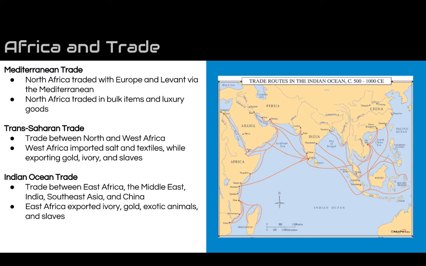In fact, there's a story of a Chinese merchant bringing back a giraffe from India to China as a gift for the Chinese emperor. But that giraffe did not originate in India. It was actually brought to India from trade with East Africa to be included in a king's basically zoo, and then was given as a gift from that king to the Chinese emperor. So goods are moving all around this region. Of course, languages are moving, religions are moving, ideas as well. But Africa is kind of this very central place where it's going to be connected to the Indian Ocean trade, be connected to the Middle East, and be connected to Europe.